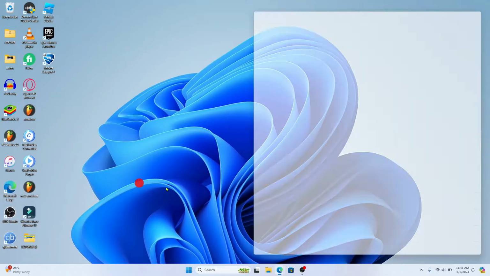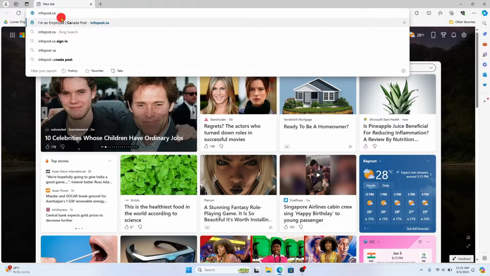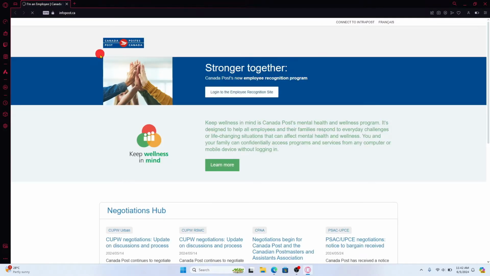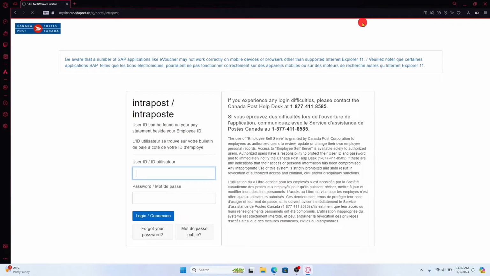First of all, open up your web browser and then in the address bar type in infopost.ca and press enter. You will now be taken into the official Infopost website. Now click on Connect to Intrapost at the top right corner, and now this will take you into the employee